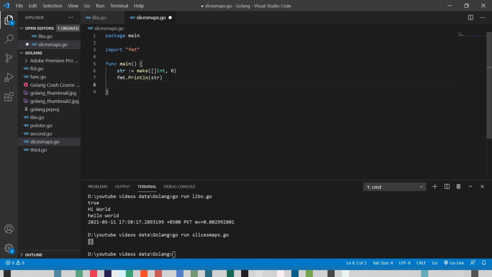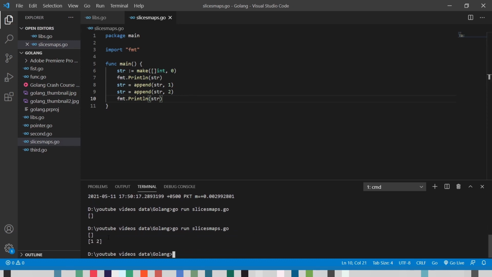So let's move forward and add something. So str equals append, which is a built-in function, and str1. Let's say str equals append str2. Okay, let's add equals here, and now let's try to print this out. Now you can see that it has added 1 and 2 in this slice, and we can add a lot